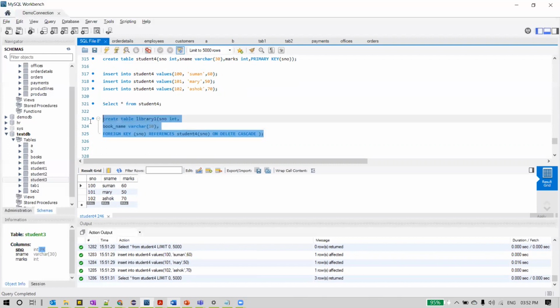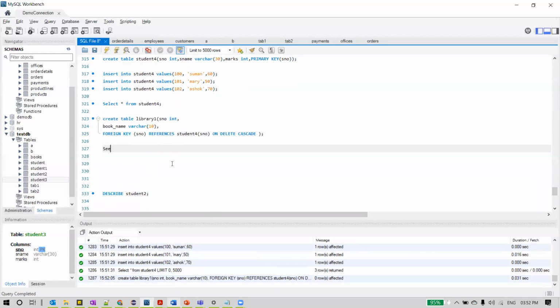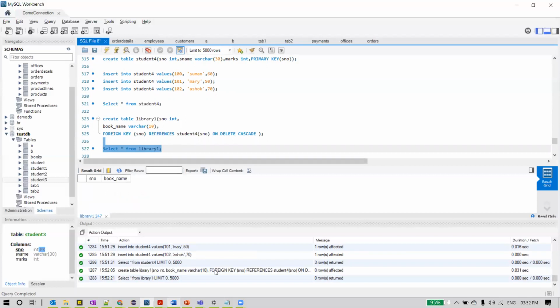So let me execute this now. Now the library 1 table got created. Let us do select star from library 1 table. There are no rows in it.